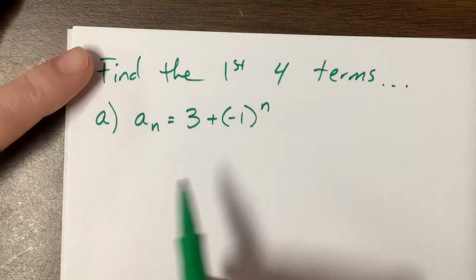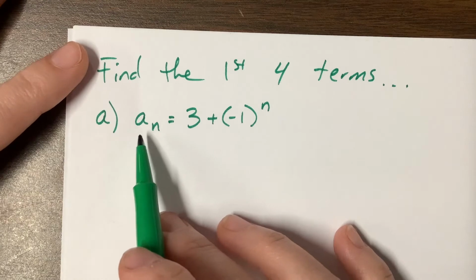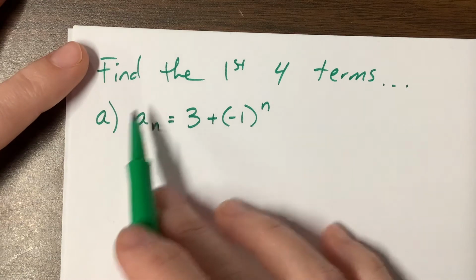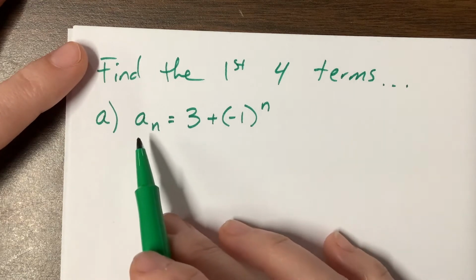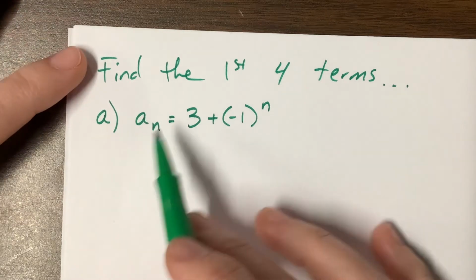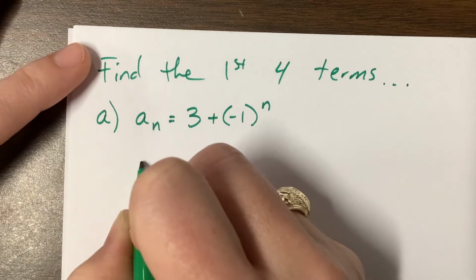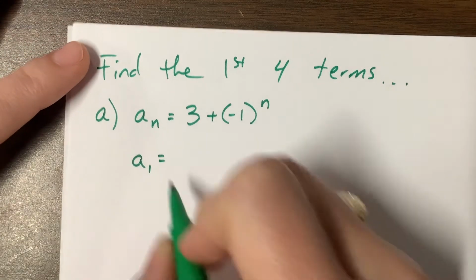And so typically what we'll see is we'll write a sequence. We'll find the nth term writing something like this, where we have a sub n, or in my IB world, they like to write u sub n. It can be any letter; there are some letters that we use more often than others, but here's your first example. So to find the first four terms, we would find the first term by plugging in 1